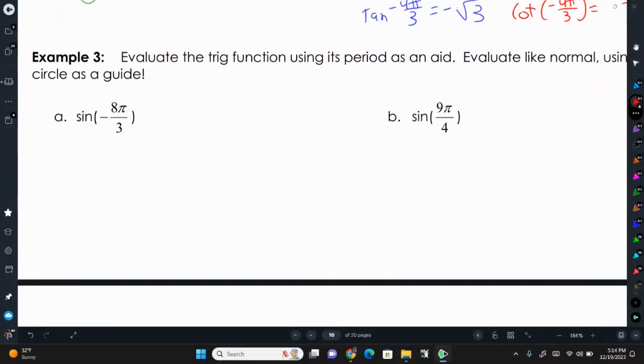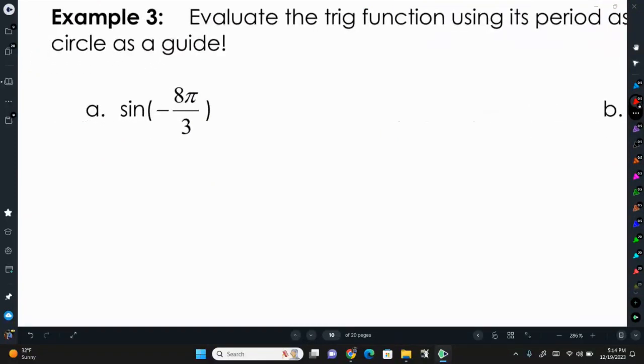So now example number 3, it says evaluate the trig function using the period as an aid. So I'm just asking for the sine value of these right here. I'm not asking for anything else, cosine, cosecant, or anything. So sine of negative 8 pi over 3, again, we can add circles, but we know it's going to be a pi over 3 family, so we know it's going to be the square root of 3 over 2, either positive or negative. So if we can figure out